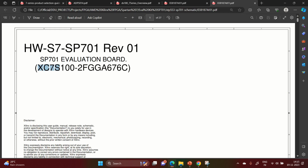this is the FPGA device name. It has a 676 pins device. It is also a BGA package and it has around 400 IOs, and it is an S100. So we are actually working with the XC7S50 series, but here it is the 100 series. Now